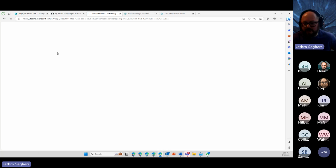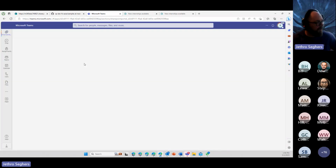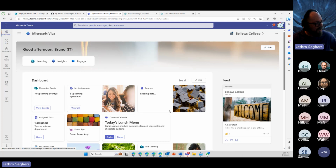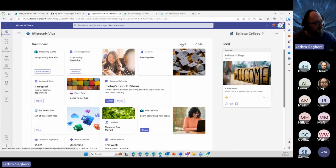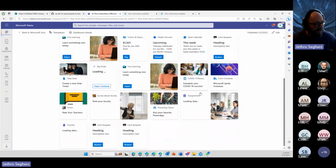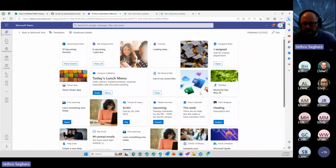If you have more, there will just be a button that says See All, which will then take you to the full dashboard with all the cards that are available. Normally in this version, I should have that. Let's see, I have a bunch of stuff open. There we go. So I have more than 12 cards in this case. I click on the See All, and it takes me to the bigger dashboard where I have all my cards